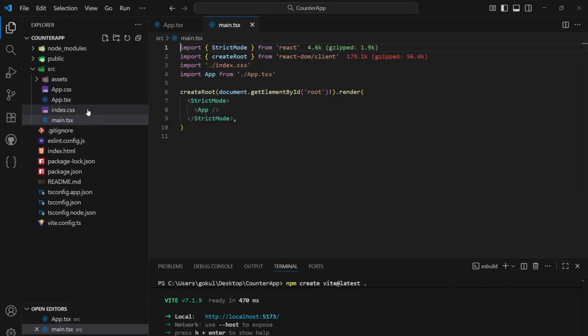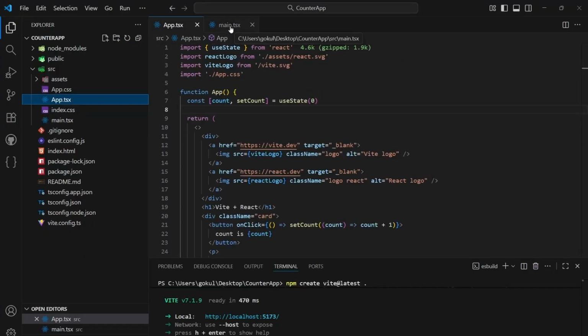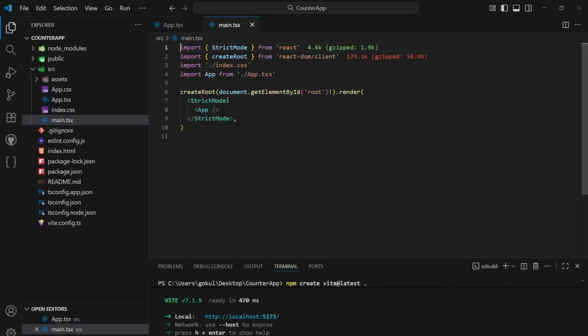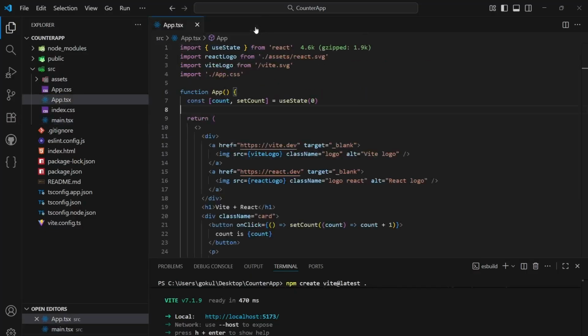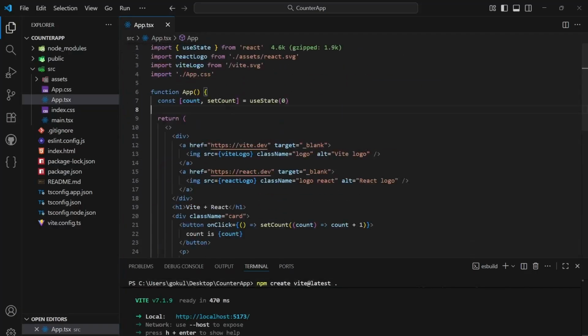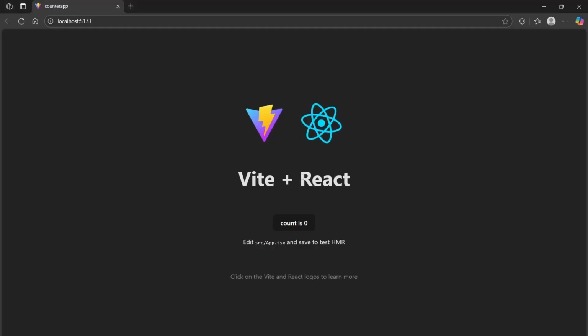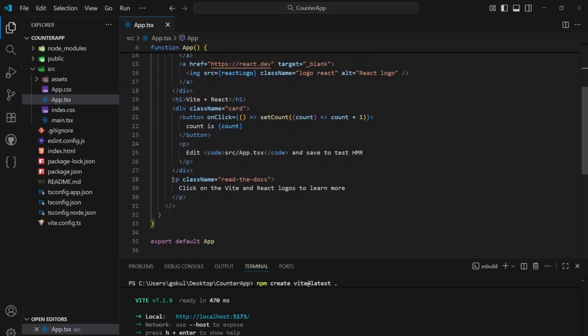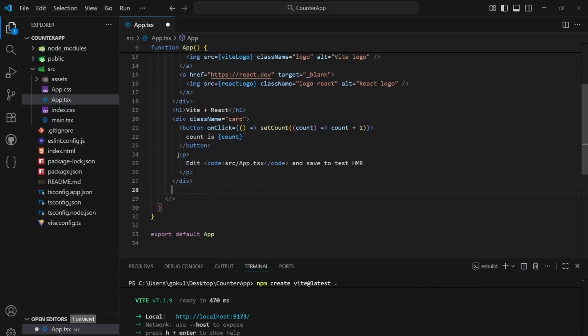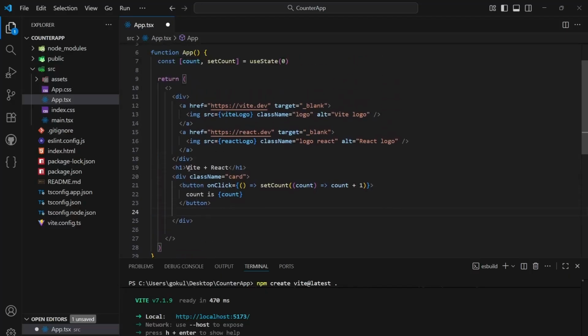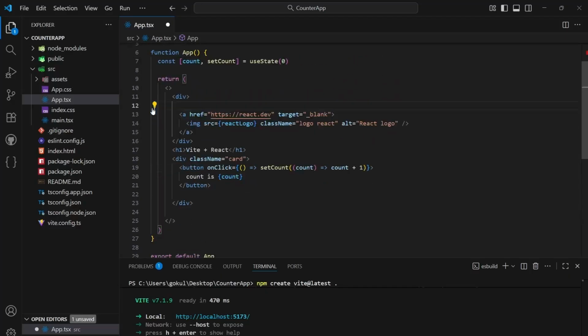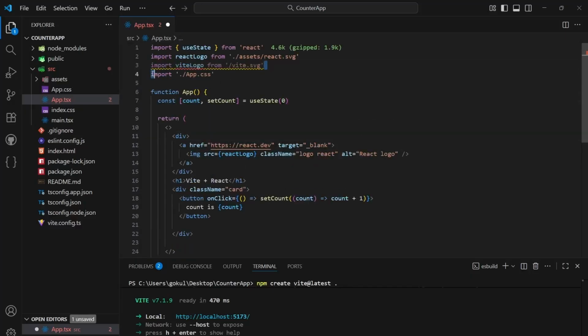Okay, this is how the app is connected and works. So App.tsx is a component, so it's imported here and used inside main.tsx. And inside App.tsx we just look at the output of the code, Vite plus React, and the two logos, and there is a button for the counter, and we are going to now delete the unwanted code like this. I remove the Vite logo from here and also from here. Okay,